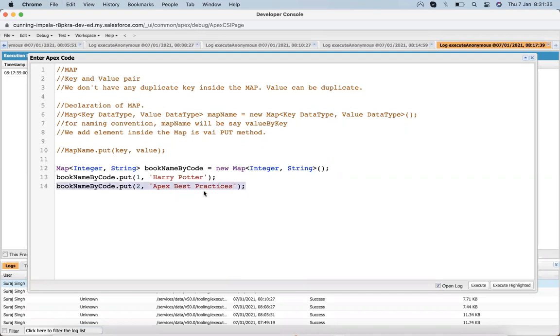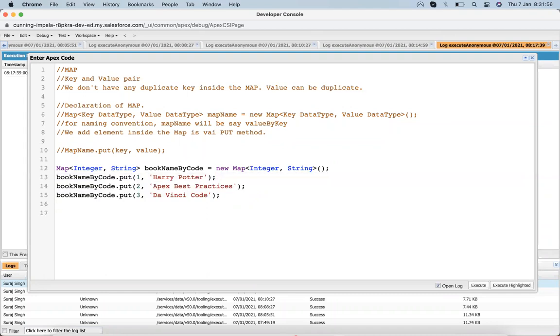Let me add one more element, 3. Okay, I added 3 elements in that map via the put method.